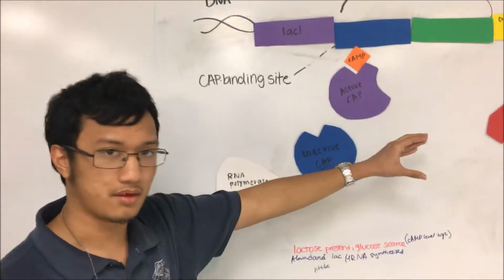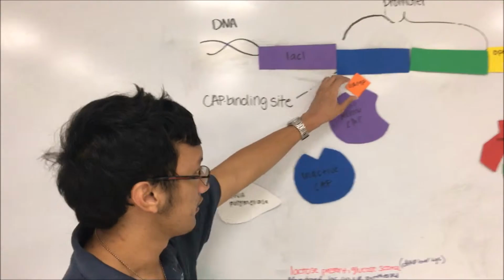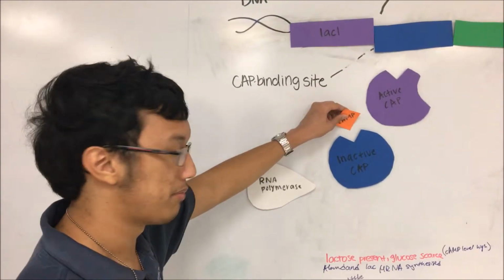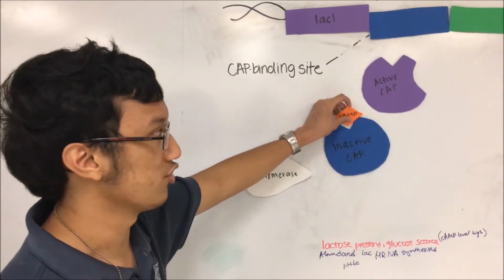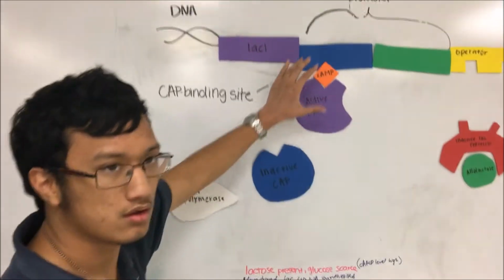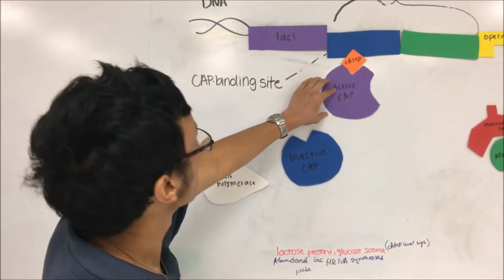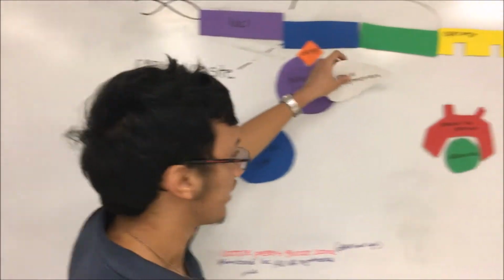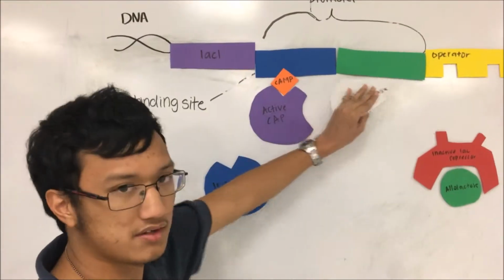While this is inactive, the high levels of cAMP will bind to the inactive CAP, forcing it to become active. Once it is active, it will bind to the CAP binding site and assist RNA polymerase to move along the DNA to code for